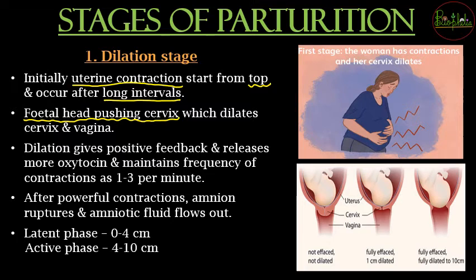So because of the dilation that is slowly and steadily pushing the fetal head onto the cervix, it is going to set positive feedback, releasing more and more oxytocin, and because of oxytocin there is going to be more uterine contraction. So contraction is going to lead to contraction. There are going to be contractions occurring about 1 to 3 times per minute, and because of these powerful contractions,